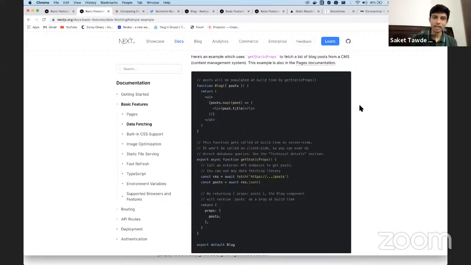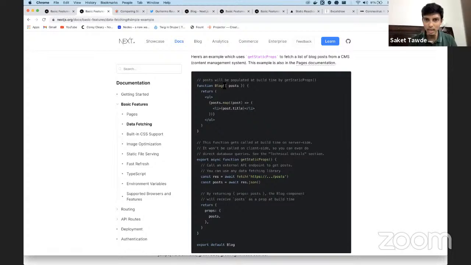That means it is served to your client, to your browser, as HTML and CSS in a manner of speaking. And neither is there a request being made for data on the client, nor is there a request being made for data on the server. So because no one's making a request for data, you get a very fast experience. You're just going to a URL and you're being served the rendered HTML and CSS. All right. So now with this background,